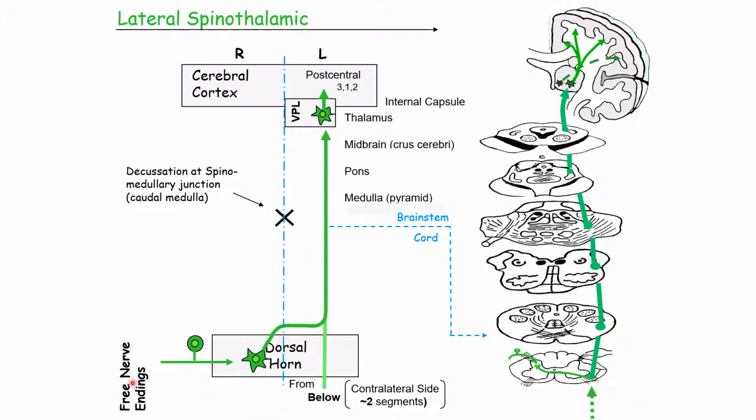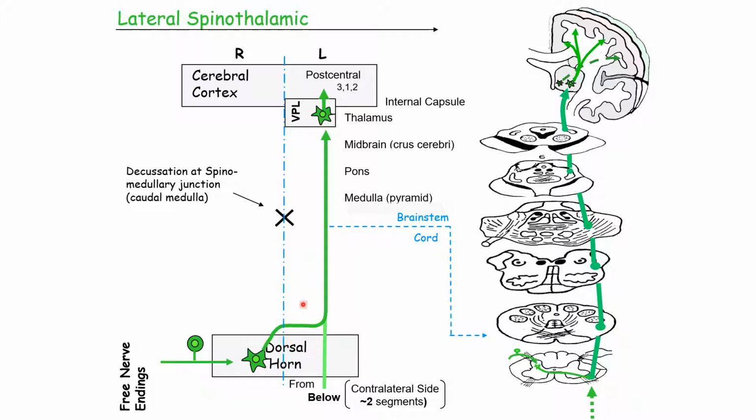We see here that the input for that pathway is from free nerve endings through the dorsal root into the dorsal horn, having traveled through Lissauer's tract a number of segments up or down in the spinal cord. And then in the spinal cord, it travels over to the other side within 2 segments,